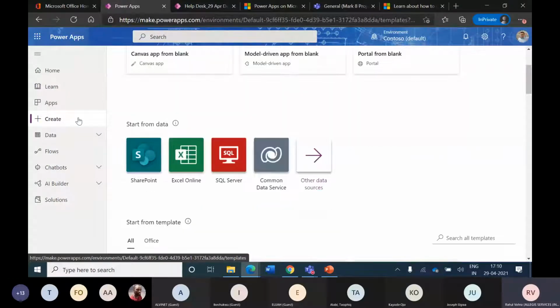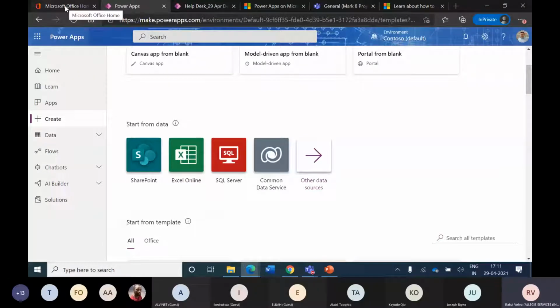As you can see here, under create, we have this label that says start from data. So basically, apart from the apps which are based on templates, these are the other possible ways with which we can go ahead and create apps which are based on data. That means they read the data source and then help us create a basic version of the app. Let's see how this will work out for us. So the first thing that we are going to look at is to have an app based on Excel.